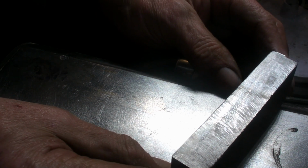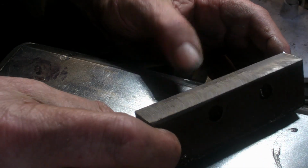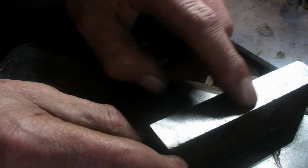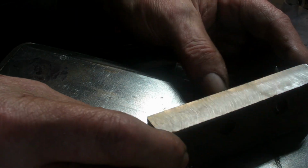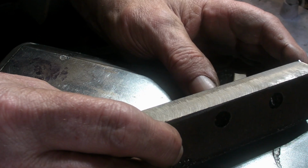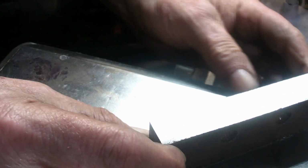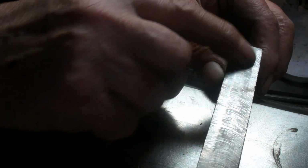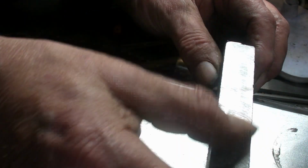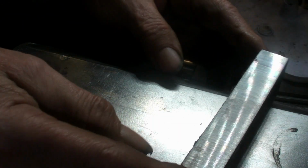Well, that was interesting, guys. That's the finish I got with the 50mm face mill. It feels good. It's just left one or two score marks in the top. I don't know if you can make that out on there. I wouldn't consider that a bad finish, but when you compare it to the fly cutter,